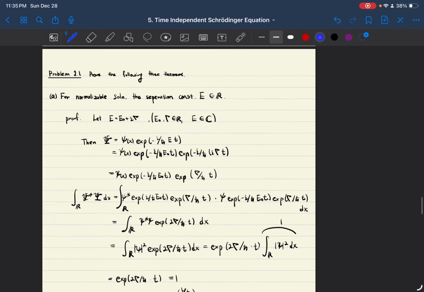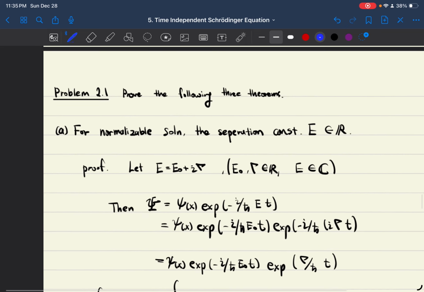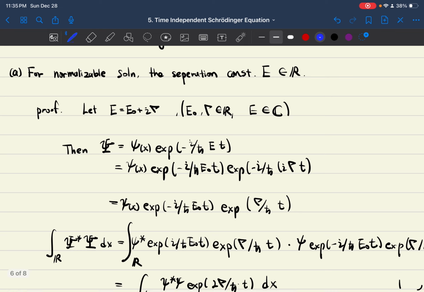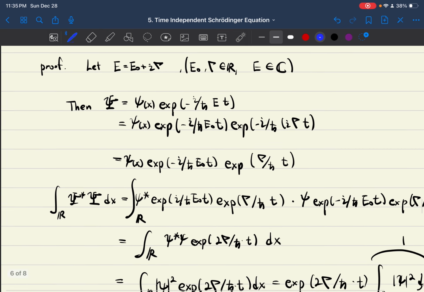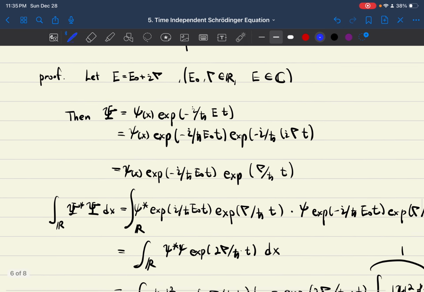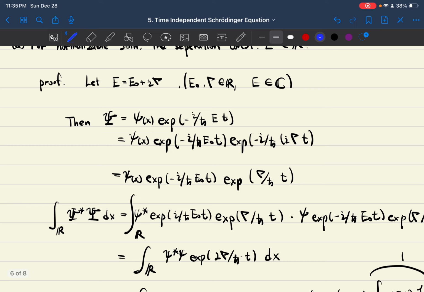So we're going to solve two problems as usual. Prove the following three theorems. The first theorem is that for a normalizable solution, the separation constant E is a real value. Here's a very simple technique. Let E equal E0 plus i gamma, where E0 and gamma are real, and E is complex. Then let psi be psi(x) times exponential of minus i over h-bar E t,